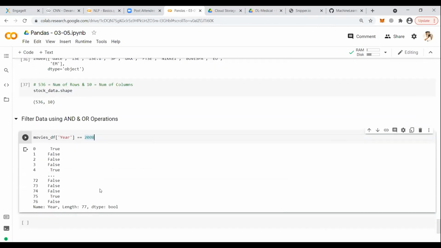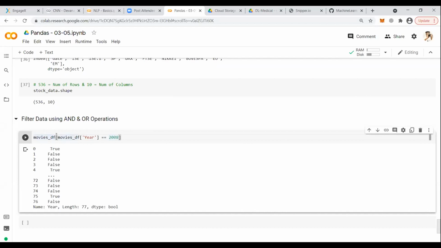Correct? It is returning me true and false. But this is just comparing, right? This is a logical expression that is giving you true and false, the Boolean output. Now movies_df, we need to write once again inside it.